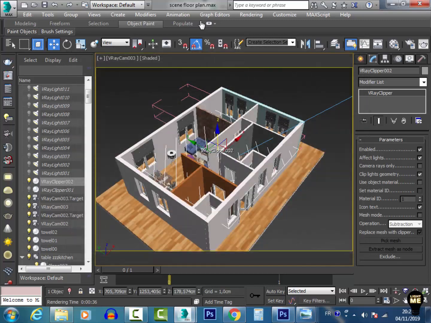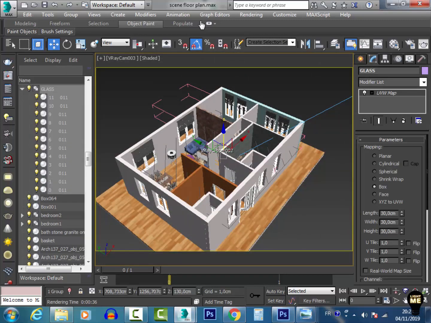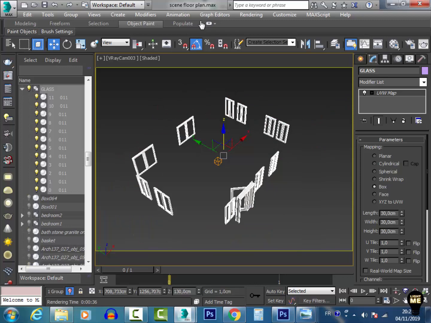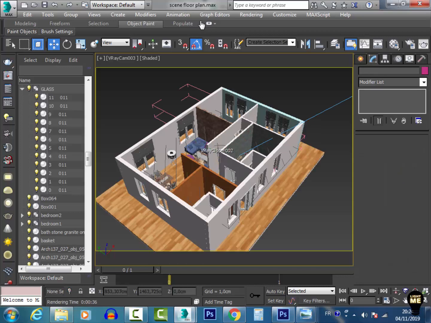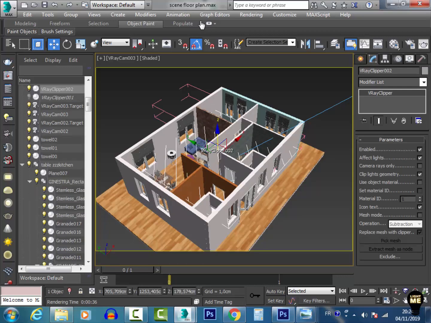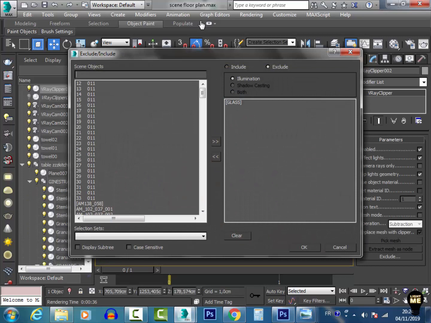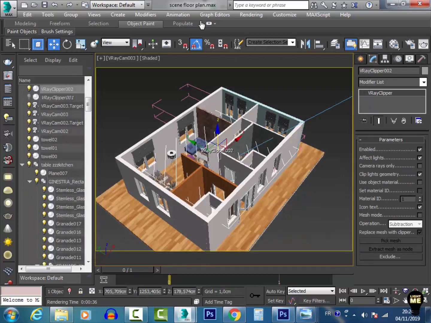So I just create a group, name it glass, which contains all the walls, all the windows and also the door, and I go to the vray clipper, go to the exclude, select the group, and hit OK, and